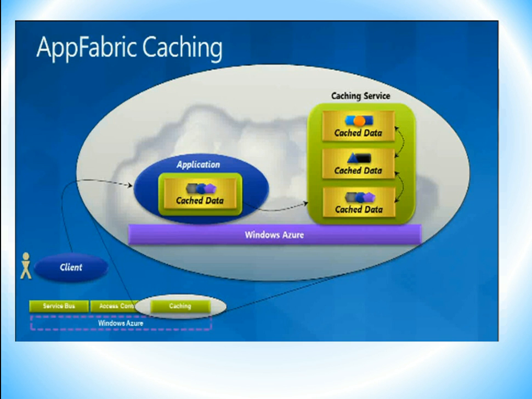Now this is one area which I'm not too convinced about, but I'm going to try to talk about it. So caching: you've been using caching in your applications for quite some time, and you have caching enabled at the ASP.NET cache level, and you can also have a central state server. In the cloud, when you deploy an application, the application is going to have an application cache, but the application cache really doesn't make sense, because